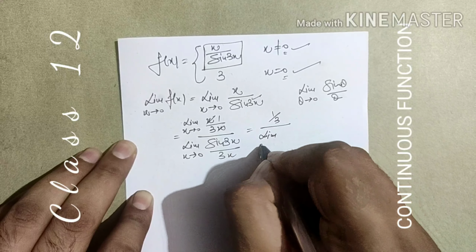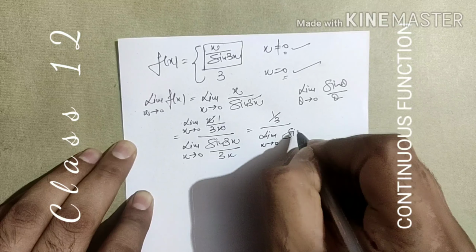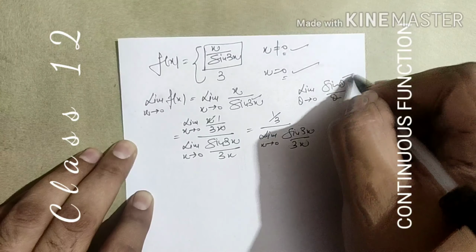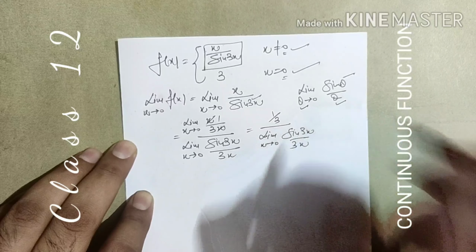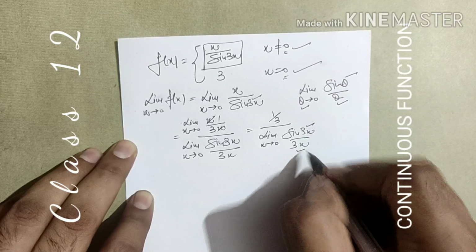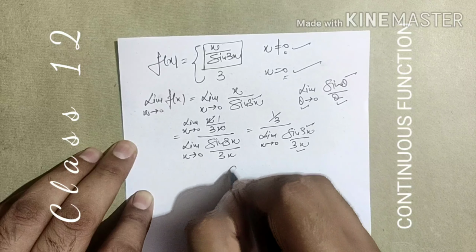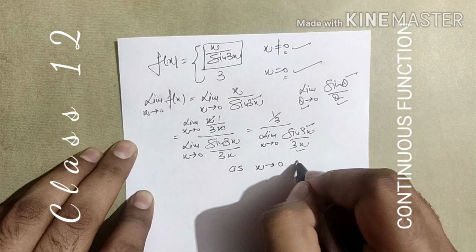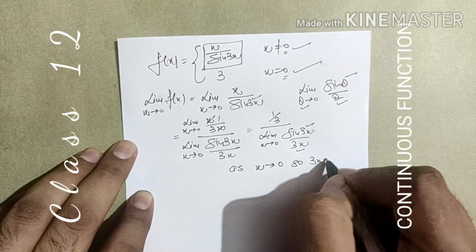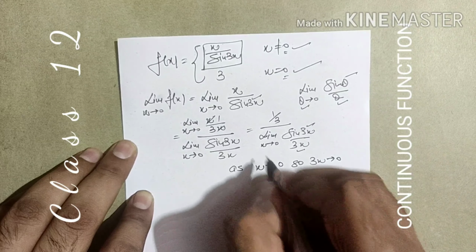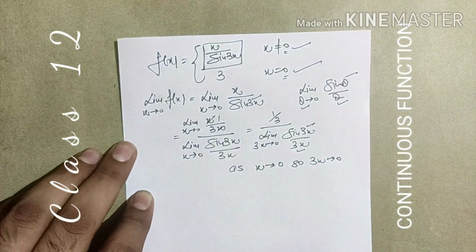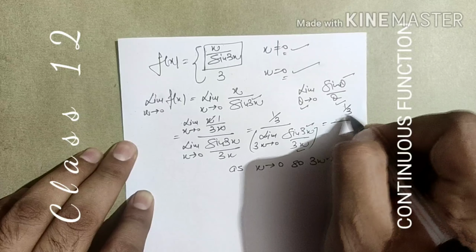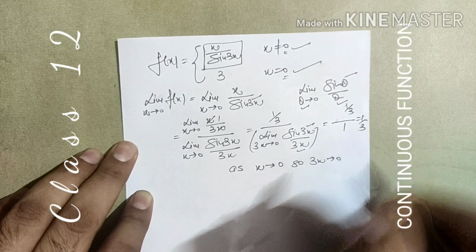Now we have to see the lower part only. If we come to our rule, it is angle divided by angle, and the angle should be the same. Here the angle is 3x, downside is also 3x. As we know, if the value of x approaches 0, if we multiply by 3 on both sides, there will be no change of limit. So we change the limit to 3x tends to 0. Now according to the rule, this value becomes 1. So we get the overall answer as 1 by 3.